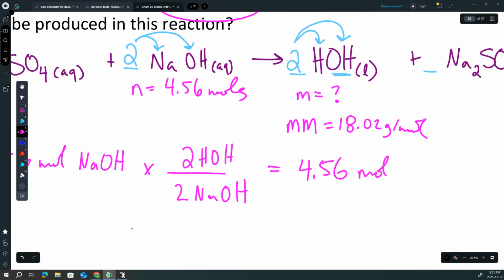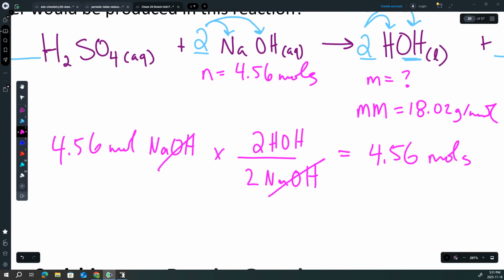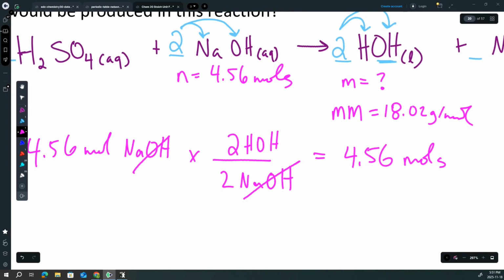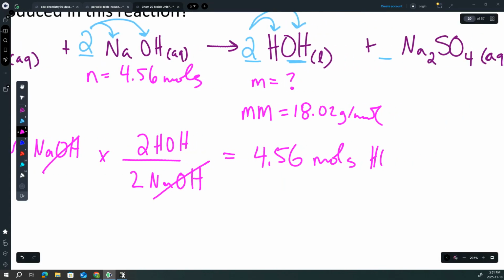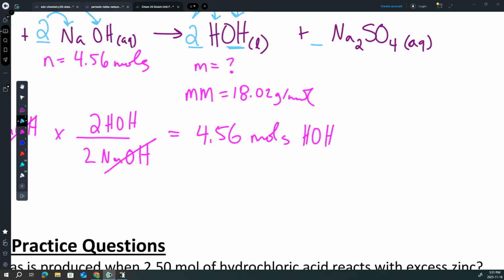And that's moles of water now, because if you treat sodium hydroxide like a unit, it cancels out because you got 1 on the top, 1 on the bottom. So we're talking about water. We're not done just yet. We need to figure out mass of our water. So mass is equal to moles times molar mass. Our moles of water is